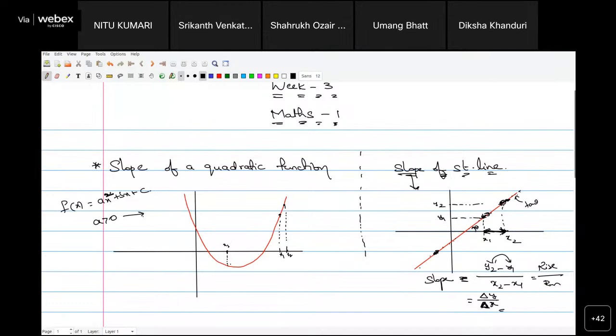So you see, from x3 to x4, if I shift, my delta change in y will be very less compared to x1 to x2. My delta y change will be more. So this ratio which I am talking about, delta y by delta x,